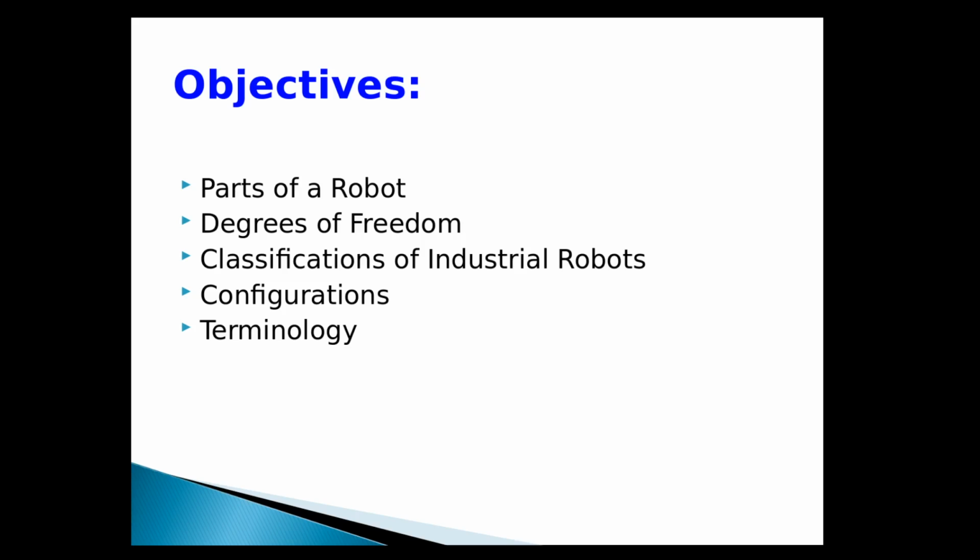All right, there we go. So we talked about the parts of the robot, the degrees of freedom. We just briefly discussed the classifications. We'll get into that more next week, and the configurations, and we discussed quite a bit of terminology. So that's it for